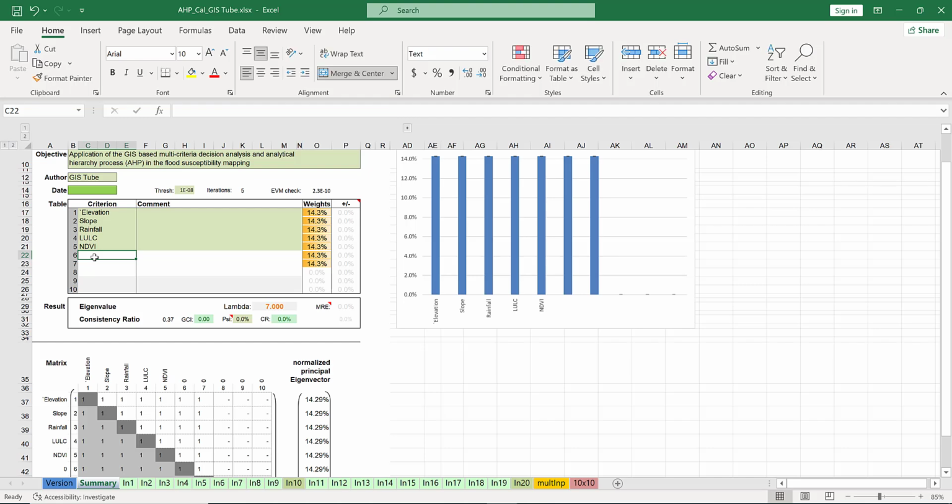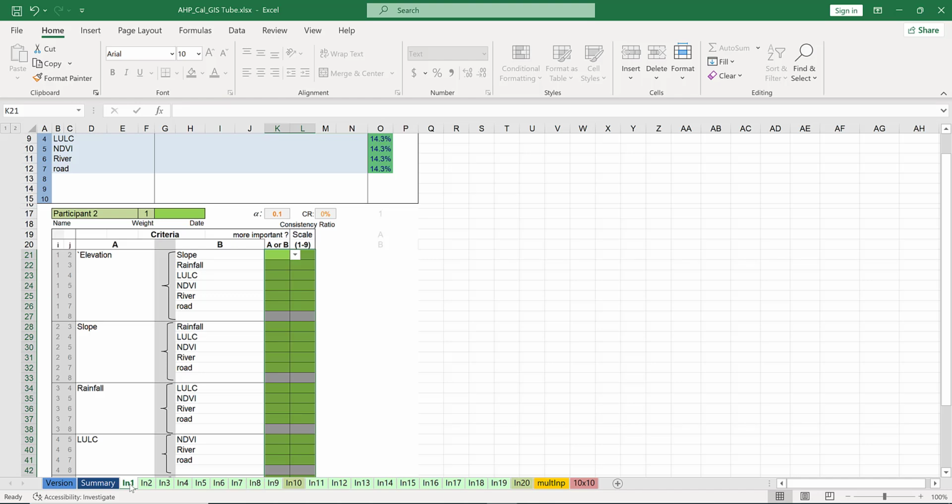The sixth one is distance from river, let's say simply river, and the final one is distance from road. Let's say road. So it gives similar weights because we didn't make any comparisons against each other. So once we have filled in these criteria, we have to go to